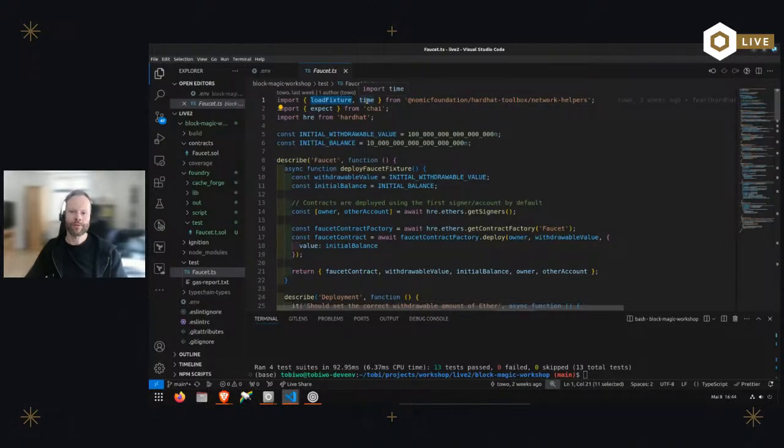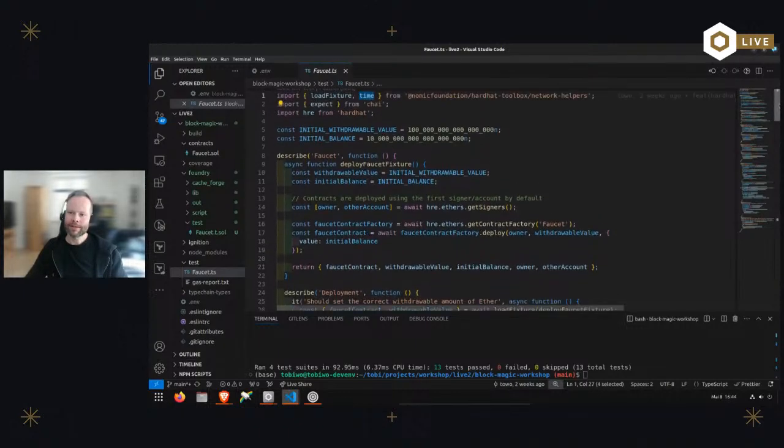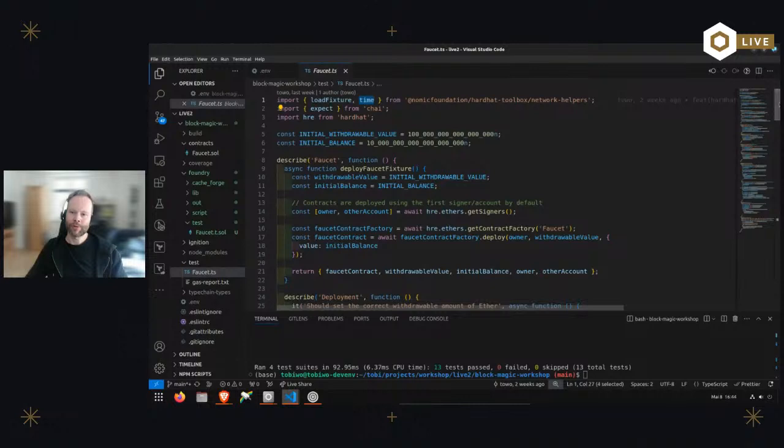And one more tool is this time package, with which you can actually influence the time of your execution environment. When you start your tests, Hardhat spins up an Ethereum chain on your localhost just for these tests. And you can influence the block time or the time in this EVM by using this